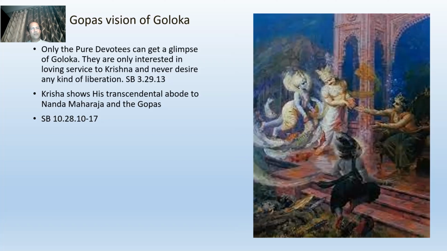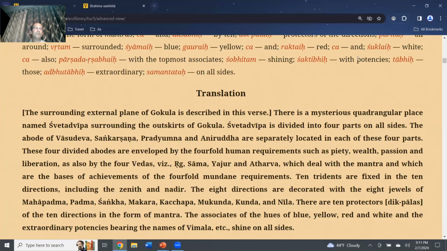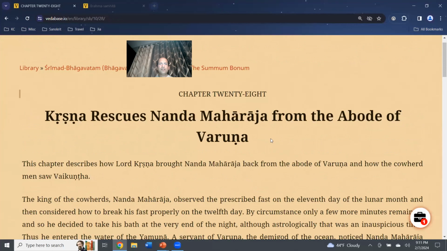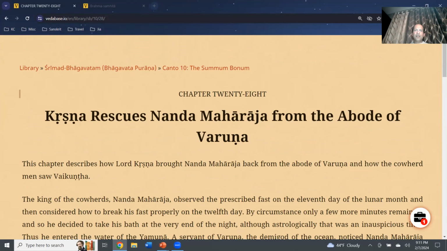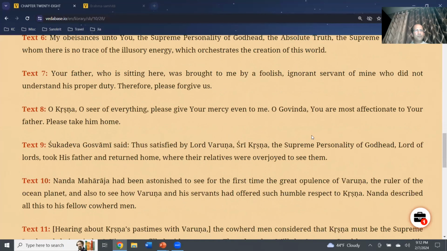he may be the Supreme Personality of Godhead. And then they have that desire that they want to see his abode. And that's where Kṛṣṇa gives them a glimpse of the supreme abode for some time. And we can read those verses from here. Those are very beautiful translations here. So when Nanda Maharaj was rescued by Kṛṣṇa and brought back to Vrindavan, we'll read